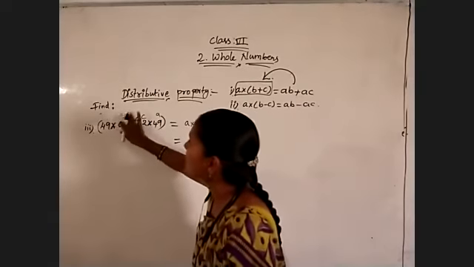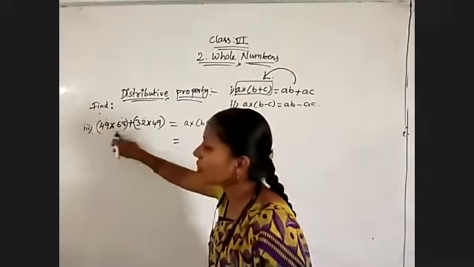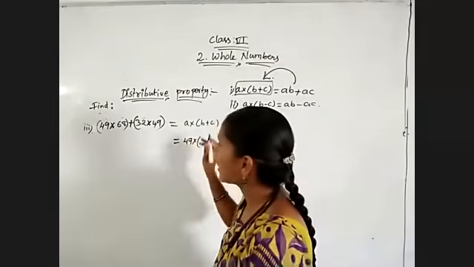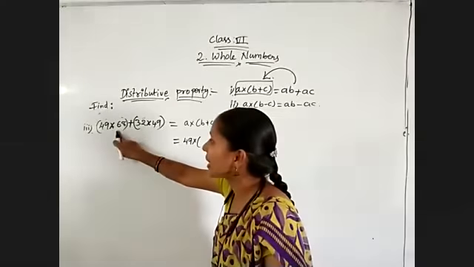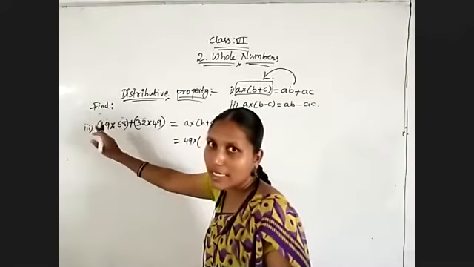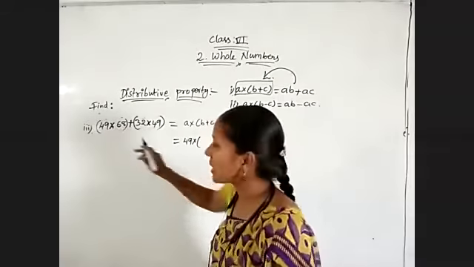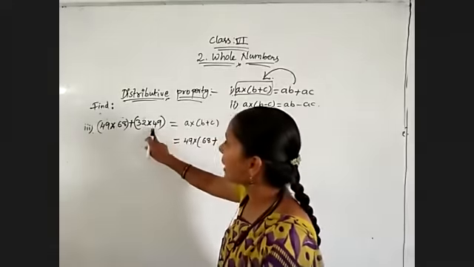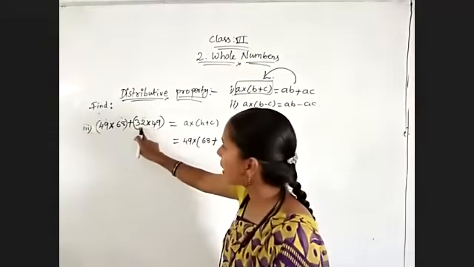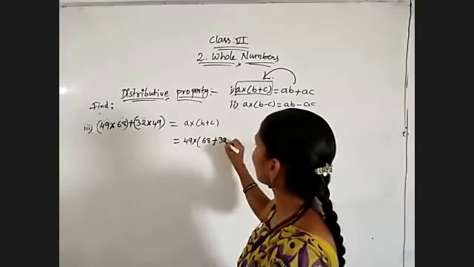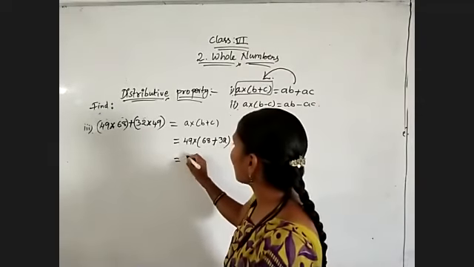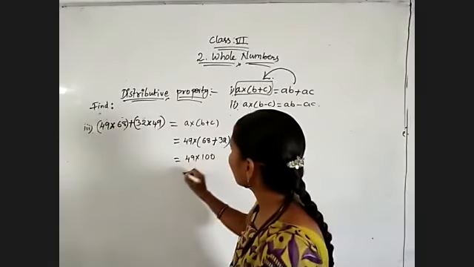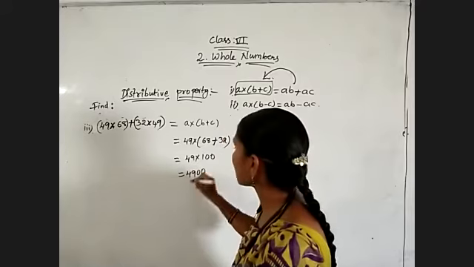Okay. So that is equal to the common value. What is the common value? Observe. What is the common value among these two? 49. So 49 goes outside. 49 into, taking out. Okay. Now what is the remaining? 49 I already wrote outside. So what is left? Only 68. So between 68 plus is there. So plus, and 49 I have already written out. So what is the left value? 32. So which will be equal to 49 into 68 plus 32, 100. So 4,900 is the answer.